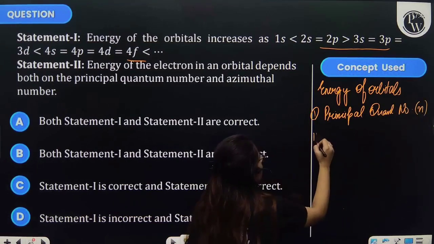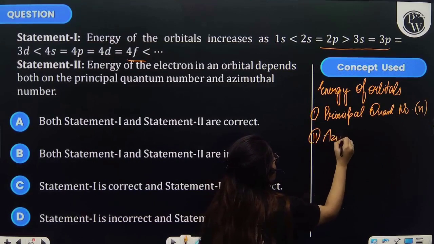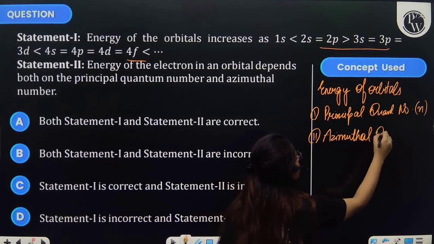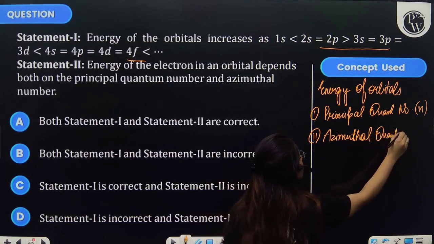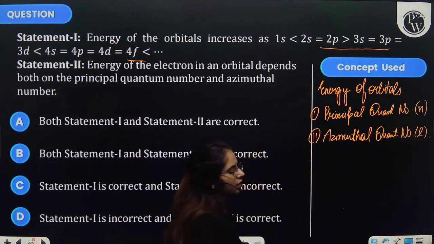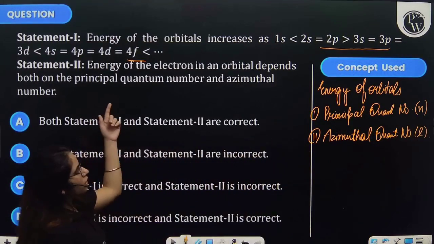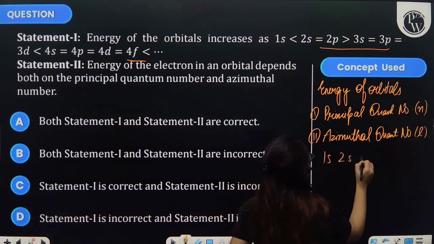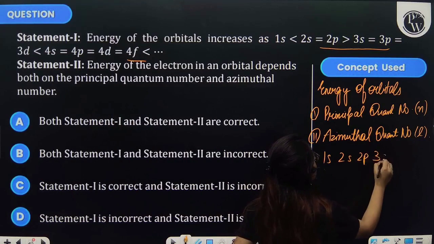Secondly, it depends on the azimuthal quantum number, that is L. Right. Now, if we look at this order, 1s, 2s, 2p, 3s, 3p and so on,